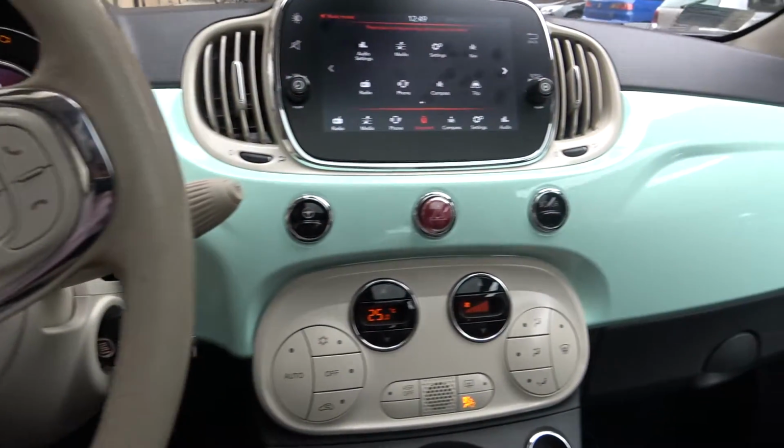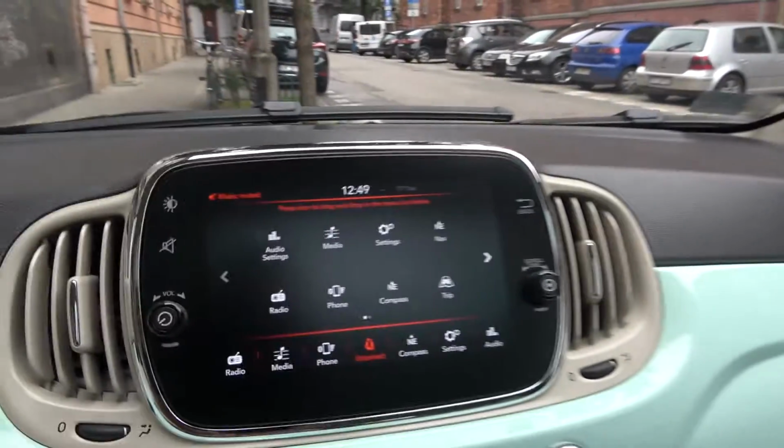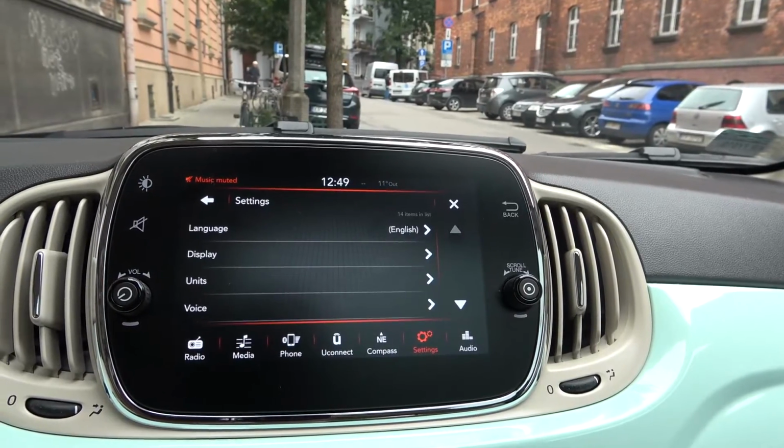Welcome, today I am in Fiat 500 and I will show you how you can change display brightness. So when you are here on the display, we have to tap on the settings icon. Next we have to choose display,